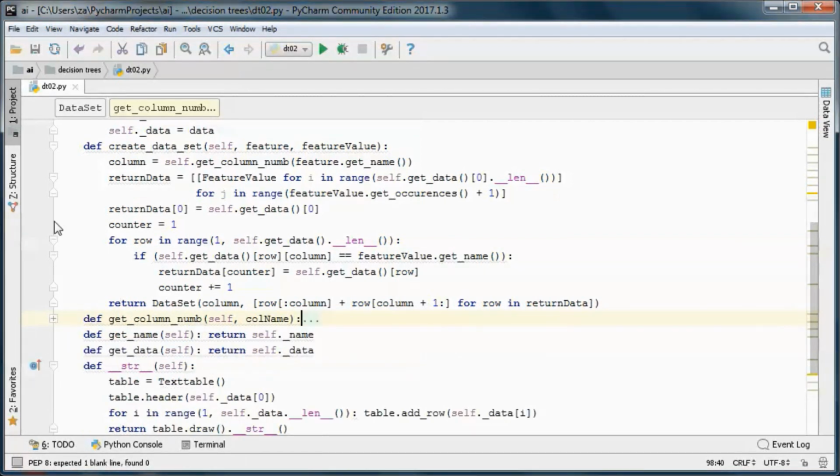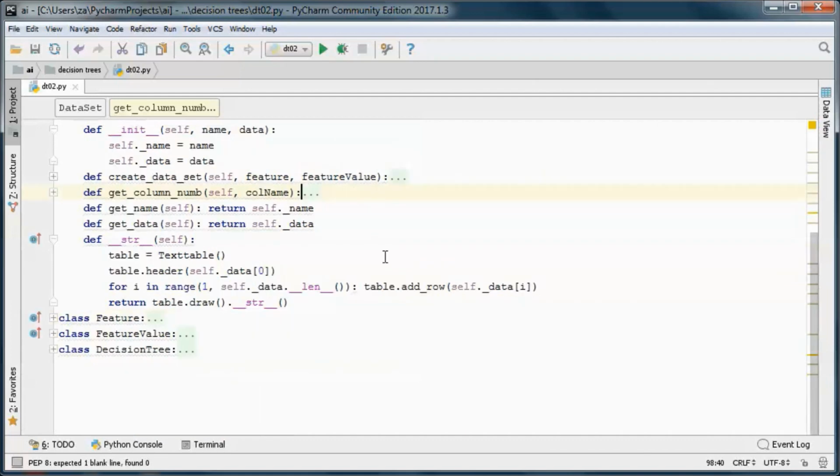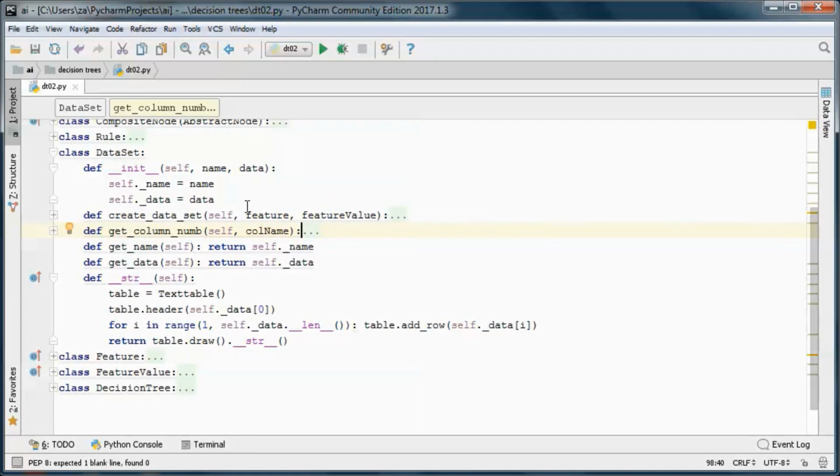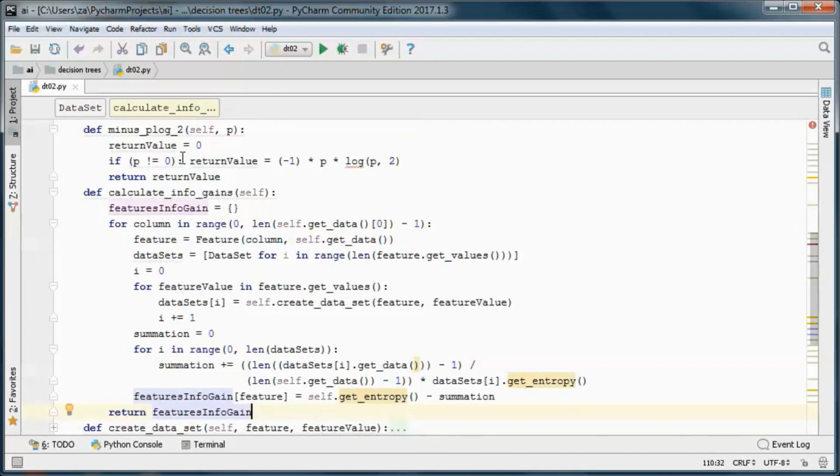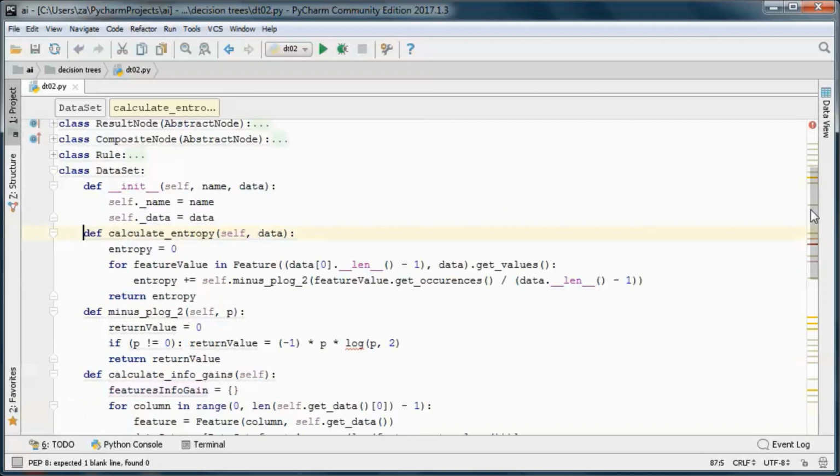And those three methods will make use of the equations we just went through to calculate the information gains and the entropy. So this one calculates minus p log base 2 of p,